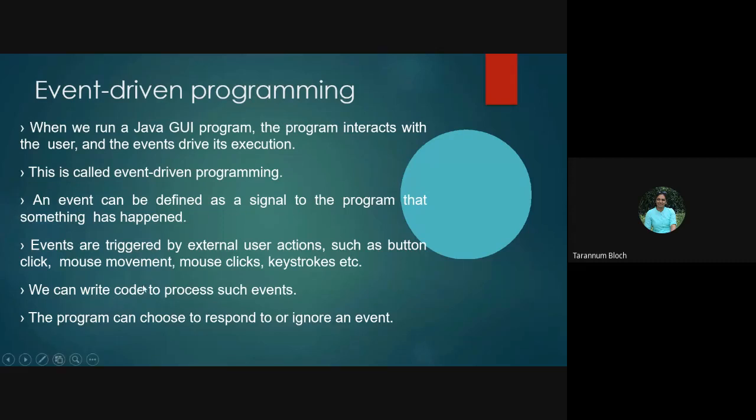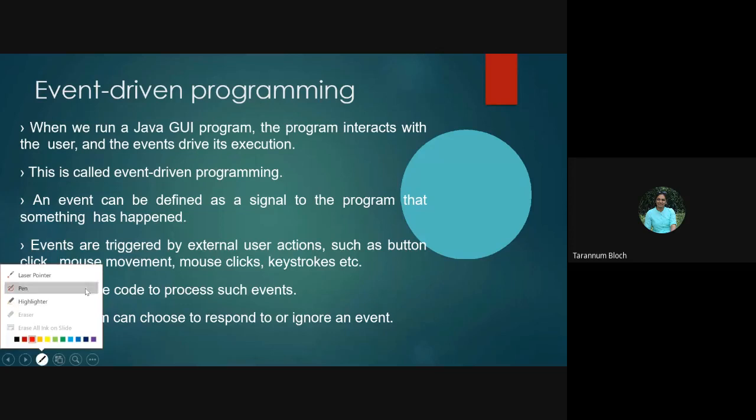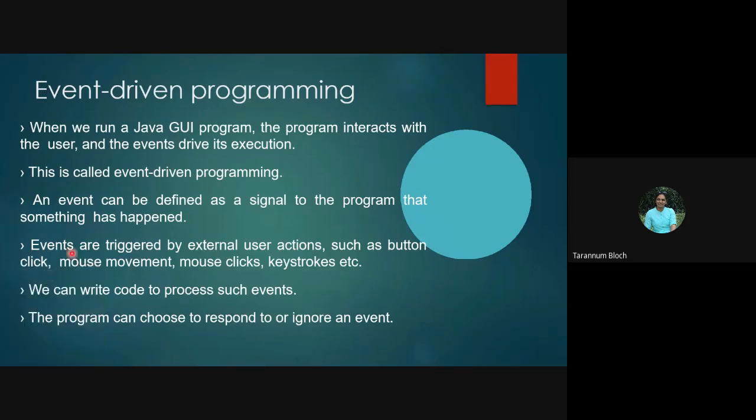So event can be defined as a signal to the program that something is going to happen, right? That's the signal that we are going to give to the program. For example, when we say button click, or mouse pressed or mouse release, all these are the events. So we are giving a signal to the program that something happened, and based on that we have to do the coding. If you recall, we had a radio button for the color change, right? We click on the red button and text color has changed to red. We click on the orange color and the text color has changed to orange.